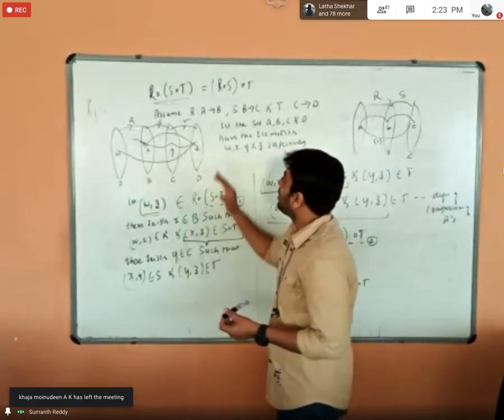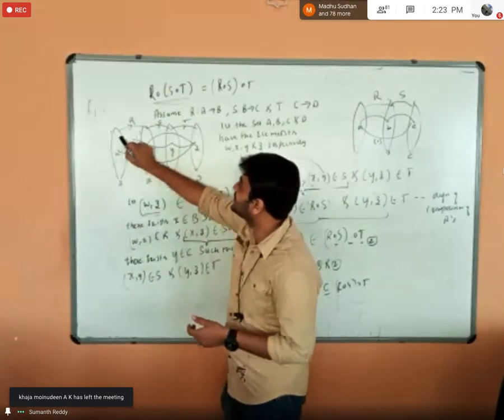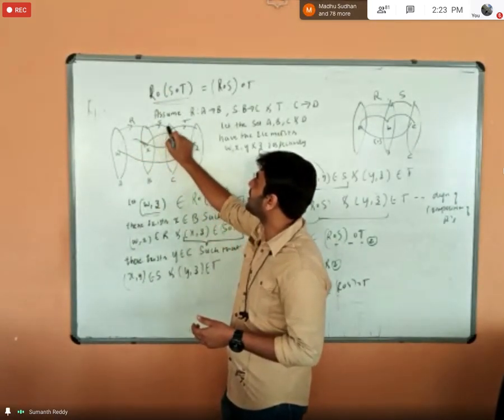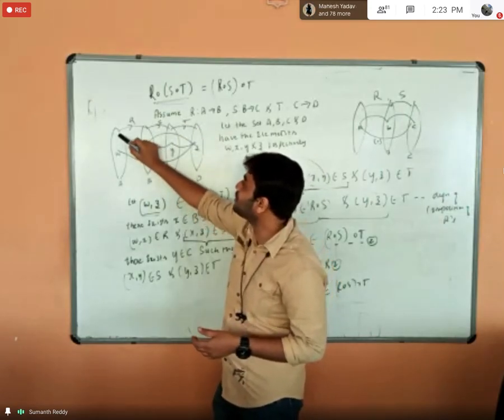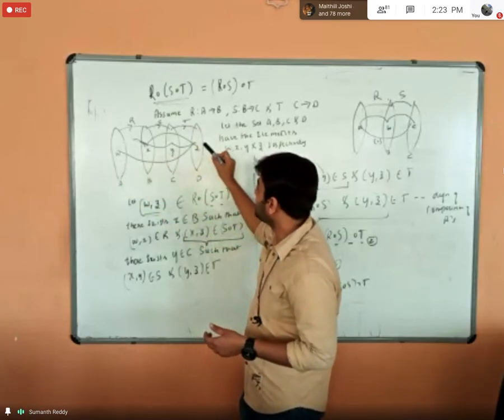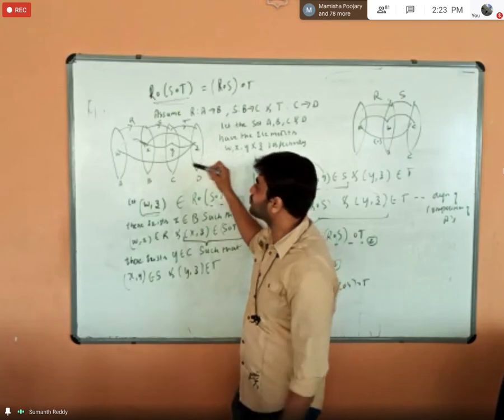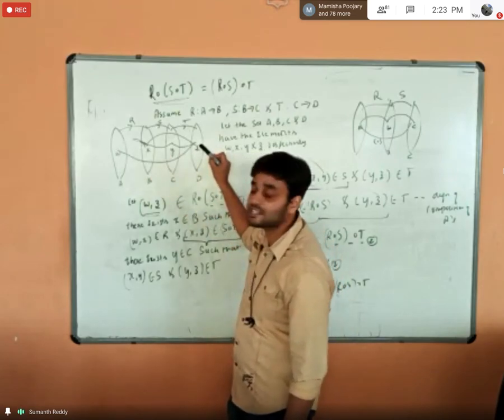Okay. So now, if I take the LHS, that is R composition of S composition of T, you already know that this is the relation R, and this is S, and this is T, right? So if I have to include all these three relations, the relation is starting from the set A and it is ending at the set D. Okay, so I have to include the first element to the last element.